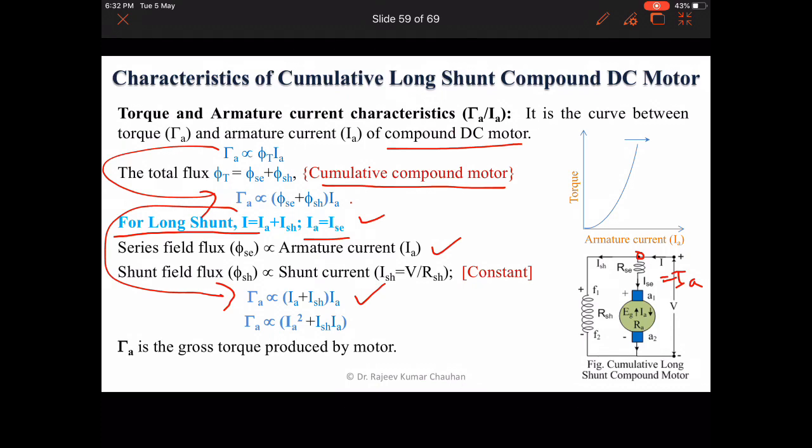The value of torque is increased with respect to the current, while the torque is not directly dependent on the armature current only, it also depends on the shunt field current. Therefore, we can say that in the previous case this function was multiplied by 2, here it is less. So, it will tilt from the y axis to the x axis. Therefore, this arrow is representing that this curve is shifting from here to this side.